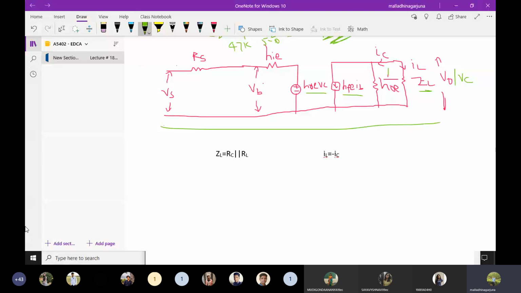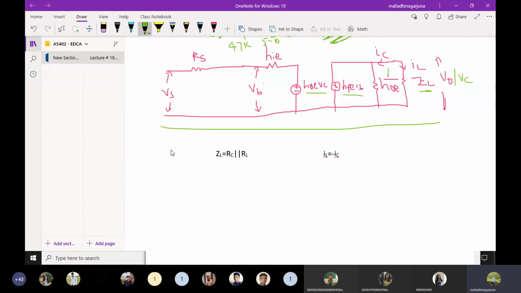After the step 4, that is, draw the equivalent circuit and replace all active devices by the H parameter model. No, step 3 I think. Step 3. So this is my obtained circuit diagram, and only step 4 is left over. That left step 4 is that we need to calculate the parameters: current gain, voltage gain, input impedance, output impedance, with and without source, and finally power gain. That I will show you. Okay, so this is the final circuit.